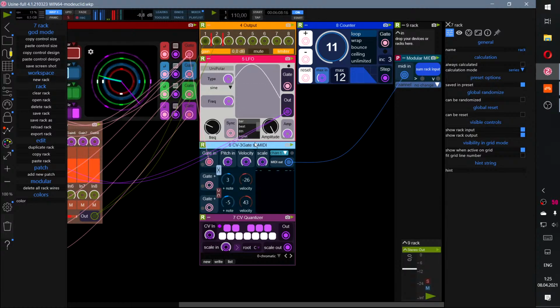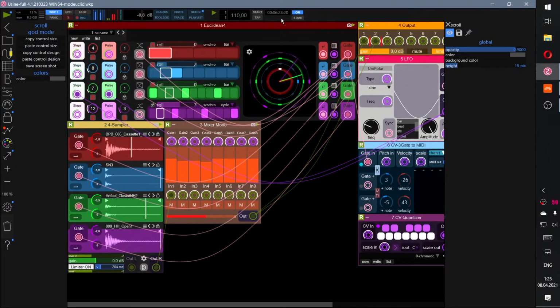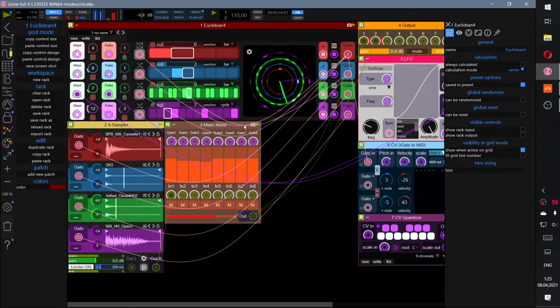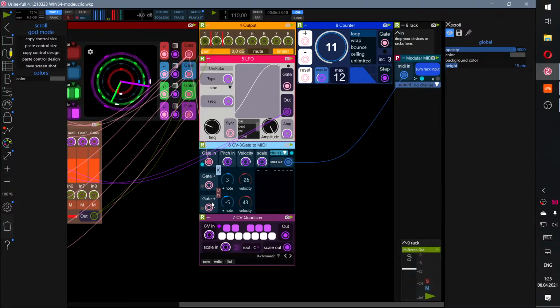As you can see, these racks, when they are not displaying inputs and outputs, they are stacking vertically. So if this vertical space is filled up, it just jumps to the next one. But I made this Euclidean sequencer in kinda 3 units wide, so to speak. So there is kind of a standard width for these rack modules, and I use that multiple,